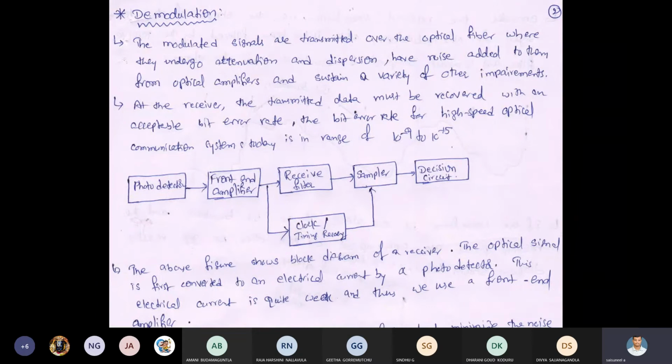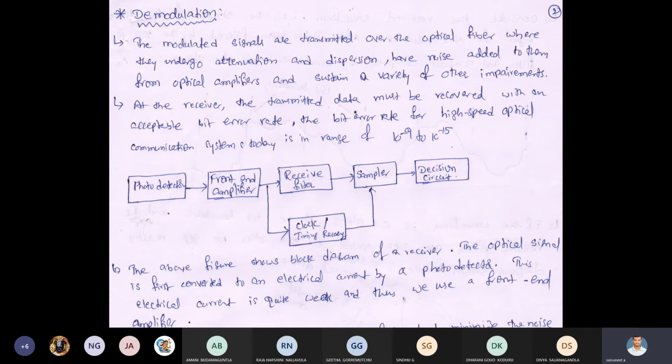Once the signal is transmitted through optical fiber cable, at the receiving end, the major noises are attenuation. What is meant by attenuation? Loss of a signal. Suppose I give a system an input of 10 volts peak to peak and we get an output of 8 volts peak to peak. How much attenuation do we get? 2 volts, compared with input and output. That is, the signal is lost in the system.